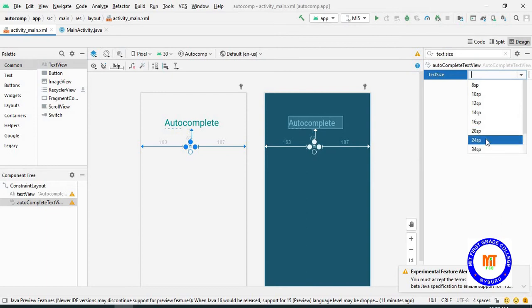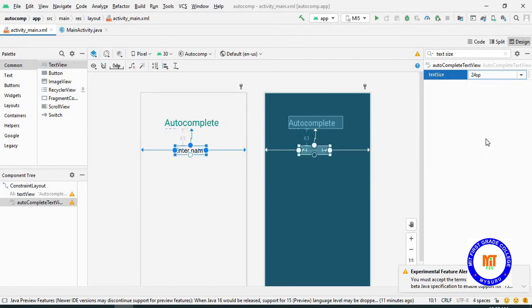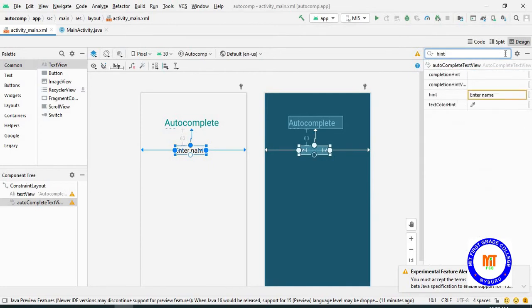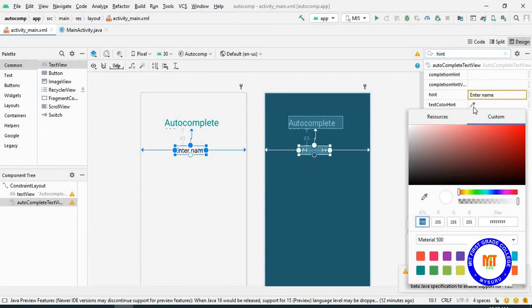Next, we'll change the text size. So let it be 24. We'll change the hint color. We'll make it green.